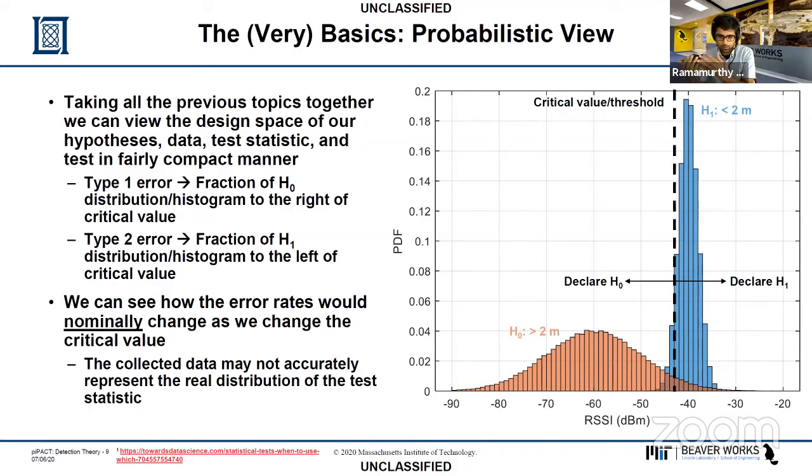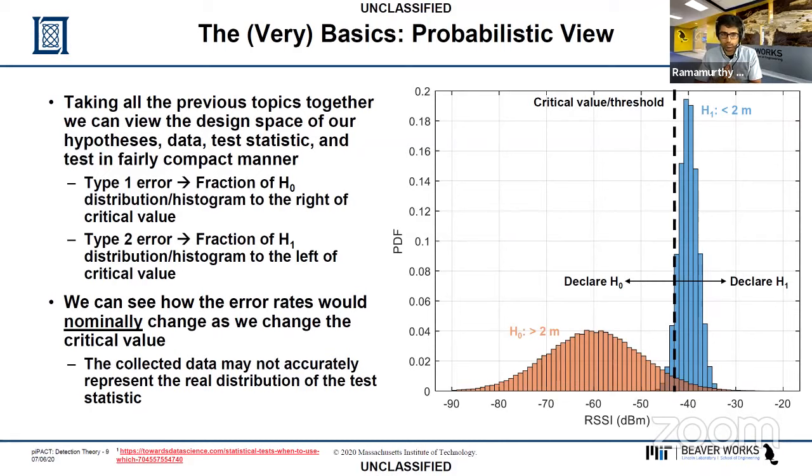We expect lower RSSI values for the H0 hypothesis, but we also expect a lot more variability because greater than 2 meters represents everything, right? It's not just 2 meters to 3 meters, it's 2 meters to 10 meters or 2 meters to 30 meters, whatever it may be. Well, less than 2 meters is 2 meters to 0 meters. So it's expected to be more compact at some